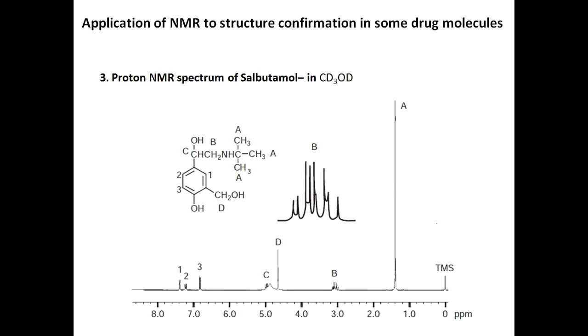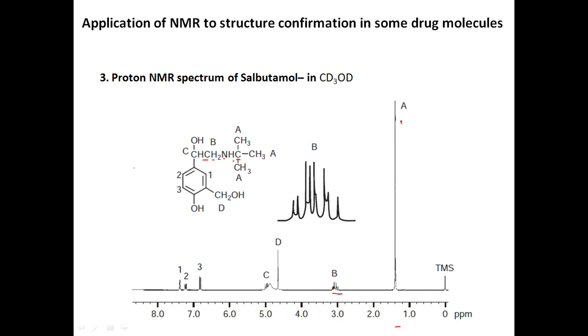This is the NMR spectrum for salbutamol. So you can see the methyl protons, all the 3 methyls, show a singlet. The CH3 peaks show at around 1.3. The NH proton is not seen because it is taken in CD3OD. Then you have the CH2, which is adjacent to 2 neighboring protons, H and H here, so it shows a multiplet because of its different interaction with the H and the NH there.